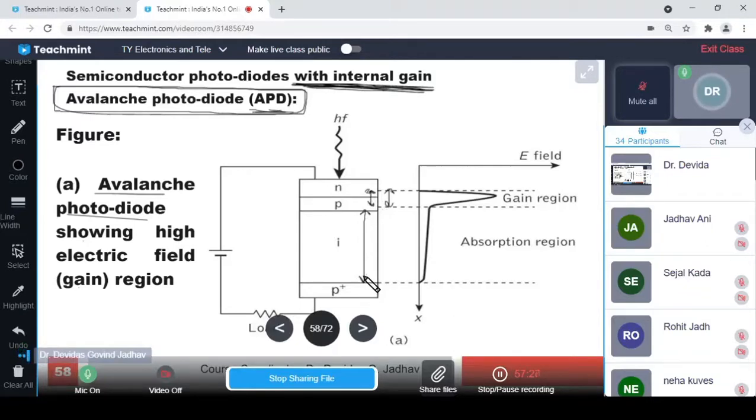So suppose this biasing voltage is V, then V by 10 or V by 100 is taken by the load, a very small voltage, because the resistance of the load is very, very less. Resistance of the load is less as compared to the depletion region resistance. So the resistance of the intrinsic region and depletion region is very high as compared to the load. Therefore it takes very little of this bias voltage, and almost all of it is taken by these depletion regions. One is the intrinsic depletion region, one is the reverse bias depletion region.